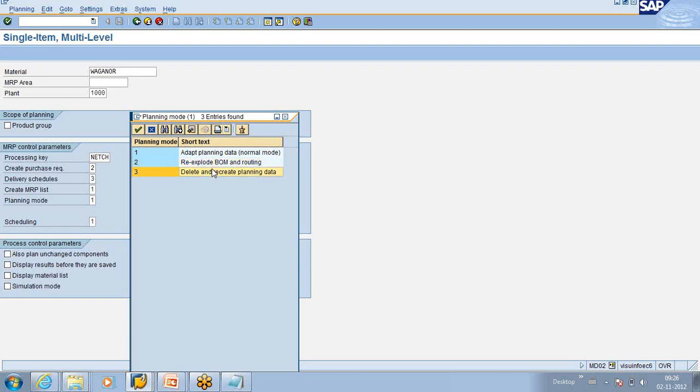If I go for option number 3, that is delete and recreate the planning data, in the sense that if any earlier planning data is there, I will delete it and recreate it fresh, so that the new requirements will be considered. For example, if my independent requirement has changed, or my planned order has changed, or my requirement has changed, based upon the new requirements, it will